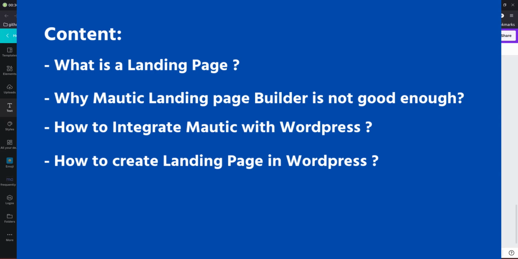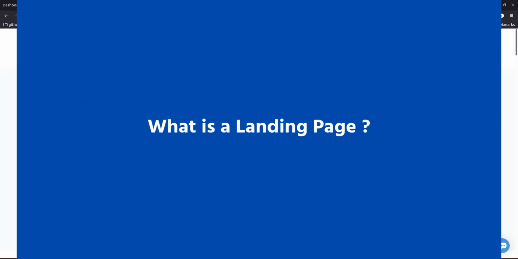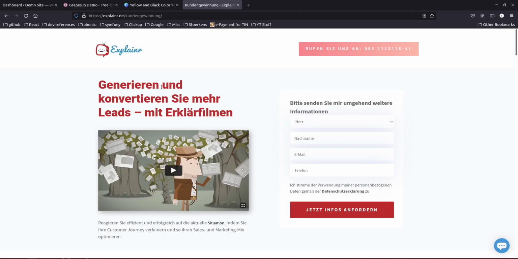Okay, so let's get started. What is a landing page? So a landing page is basically a dedicated page that is created for a specific reason, so that the user or the visitor who is coming to this page is pushed toward the product that you are selling or the offer that you are making. The landing page must have a specific purpose, that if someone lands there, they must go